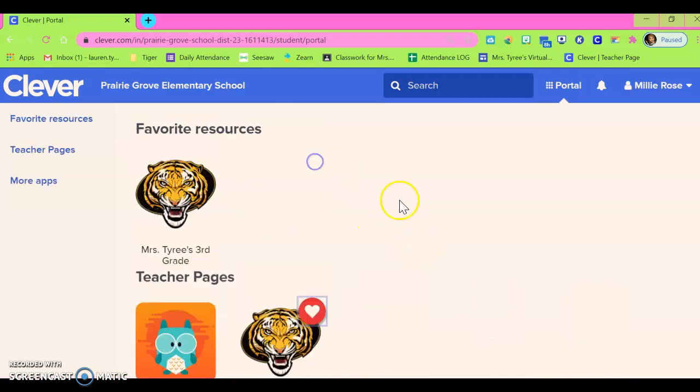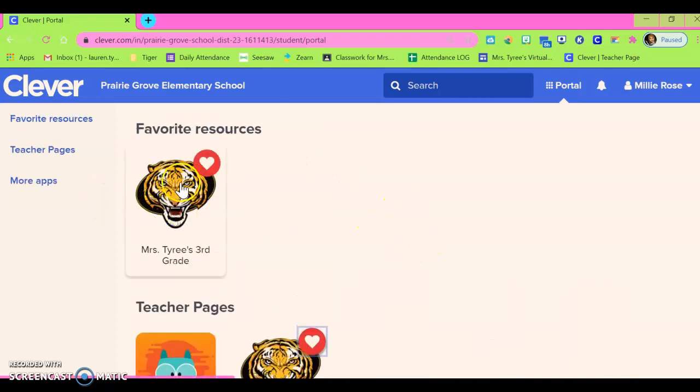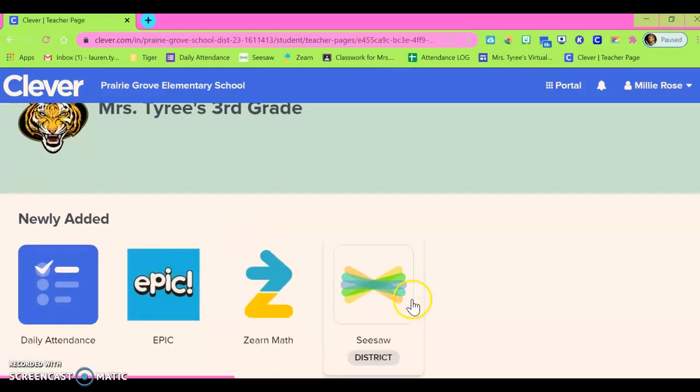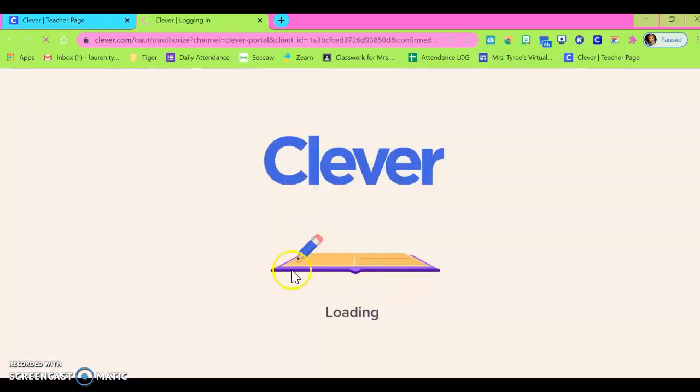Again, we're going to Miss Tyree's third grade, and this is where you are going to find these resources that you need. Now, this looks the exact same. The biggest difference is our Seesaw now says district, which means the state has given access to the district and everybody is uploaded the way that they should be now. So we are going to click Seesaw,